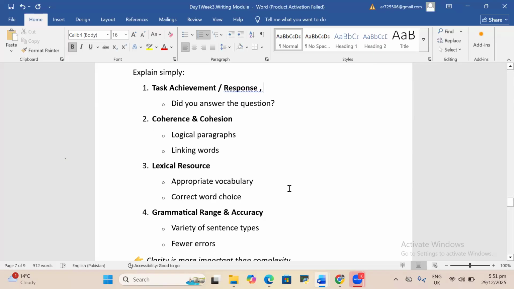lexical resources and grammar. So you should try to fulfill all these 4 points, because all these 4 points